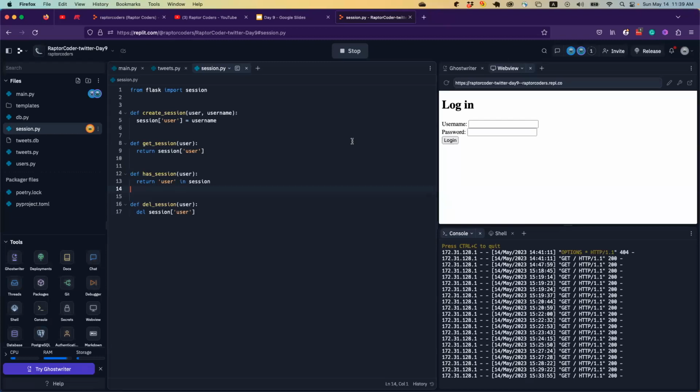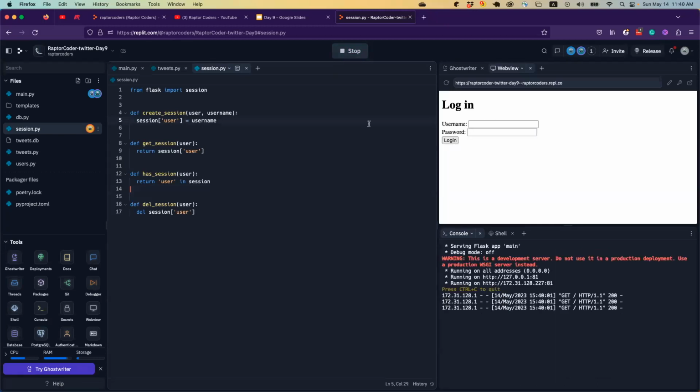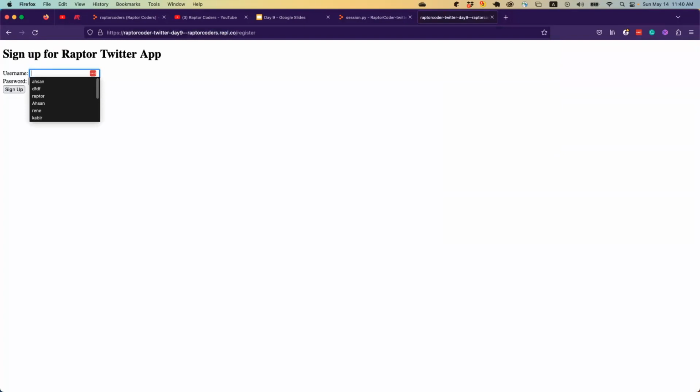Great, so I think we're all good. It's already 11:40. Let's use this session in our main, or maybe why not stop it and run it and see if the session is working first. If we open a new tab and go to register first, and then the user is,